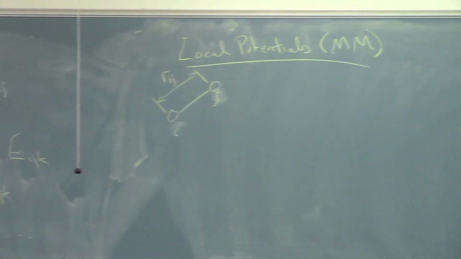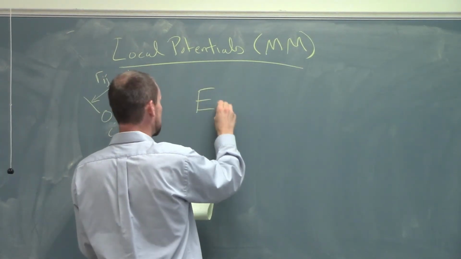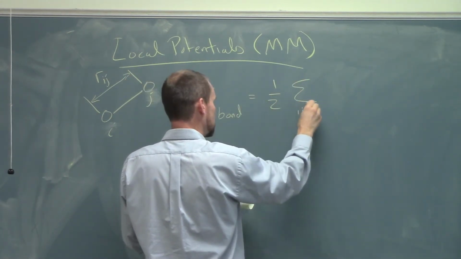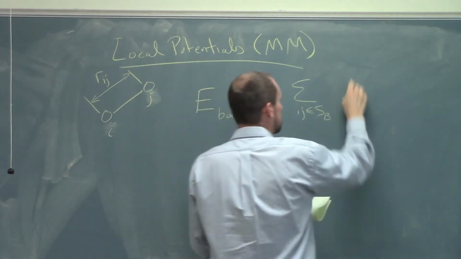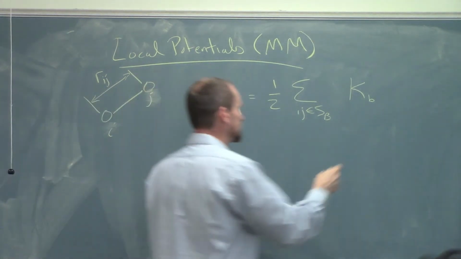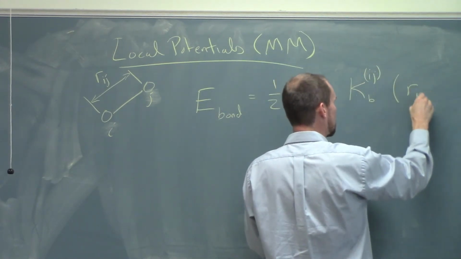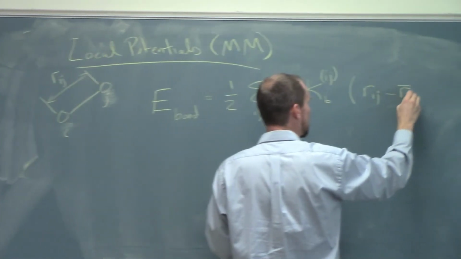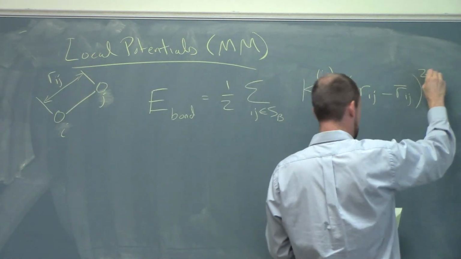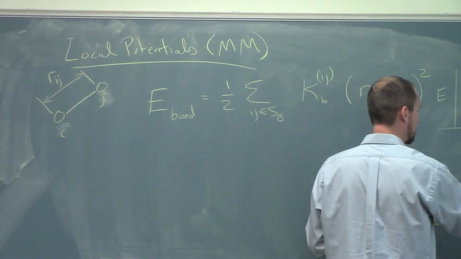Okay, so how much is the energy given the bond length? That's the question. And the standard molecular mechanics looks like this. Energy of a bond is 1/2 sum over all ij in the set of all bonds. It's basically looked at as a spring. There's a bond and there's a spring and it's going to vibrate. So we have Kb, which could be particular for the types of atoms ij. We take Rij, we subtract off some average Rij, so the overbar now is an average value, and we square this. So the energy versus Rij